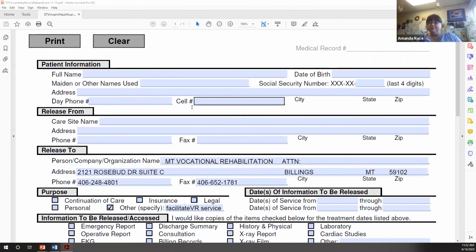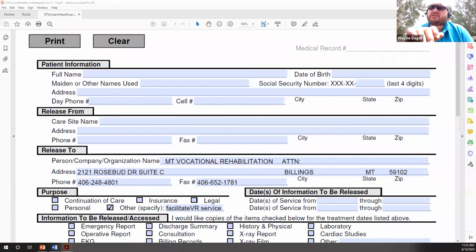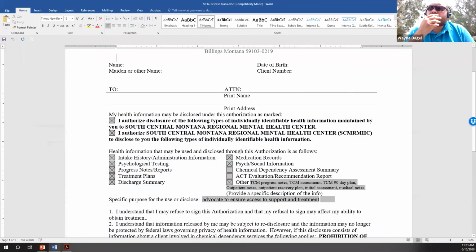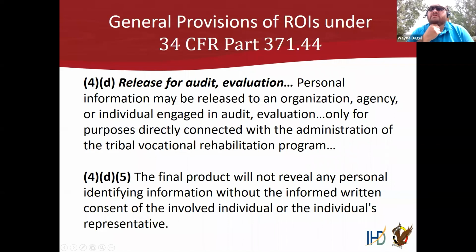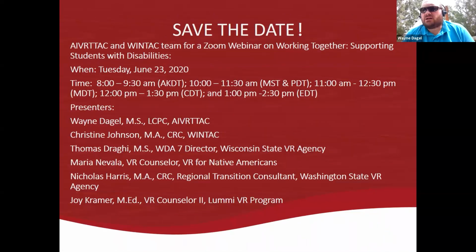I think there's some other comments coming in that are more important. That's something we can look at as far as a future topic: what databases are out there that we can use and how they interact. Because it is a hot topic with 477 and the combining of monies or not. So we'll definitely note that, Amanda, and put it on a future webinar list. If I hear anything, I'll get back to you and let you know what I find out.